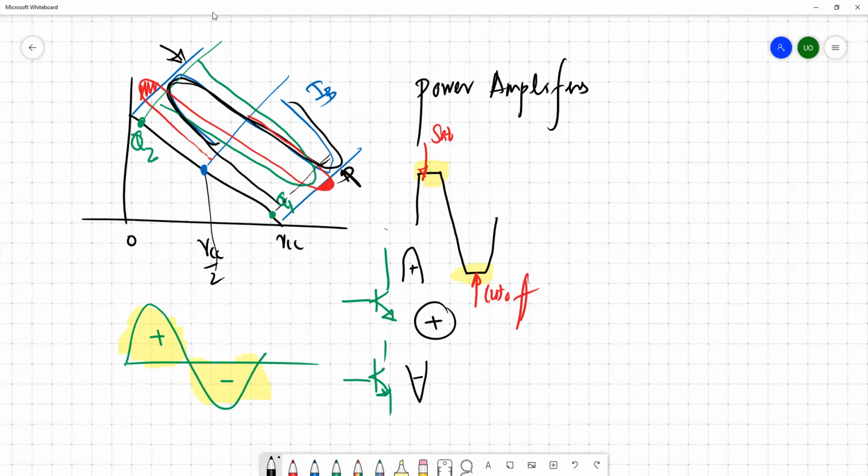So in addition to these DC quantities, the transistor works with AC signals as well, and the behavior of the transistor is completely different for these AC signals. So next we can model the transistor in the AC domain and see whether we can do some analysis